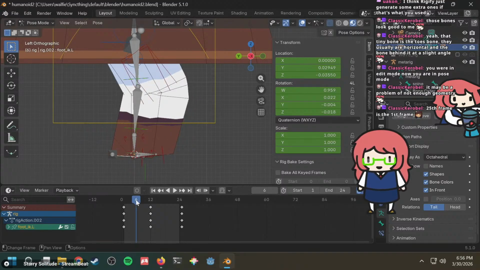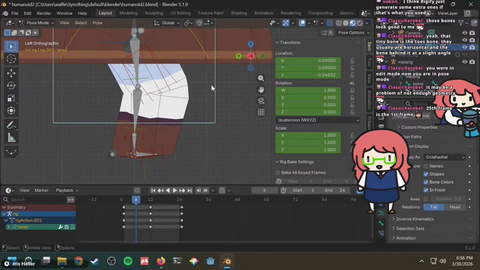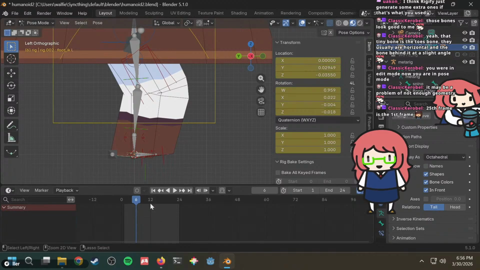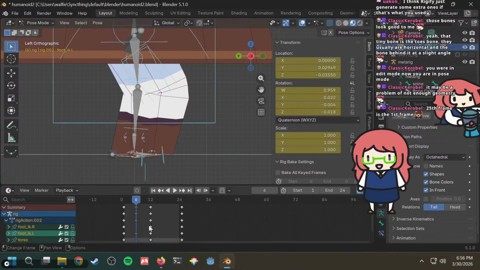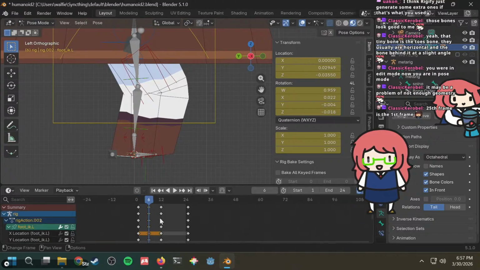You insert keyframe for all channels. Every relevant channel. Now, did it actually do it though? It didn't. Okay, so how do I... I have to select everything first and then do insert, which confuses me.